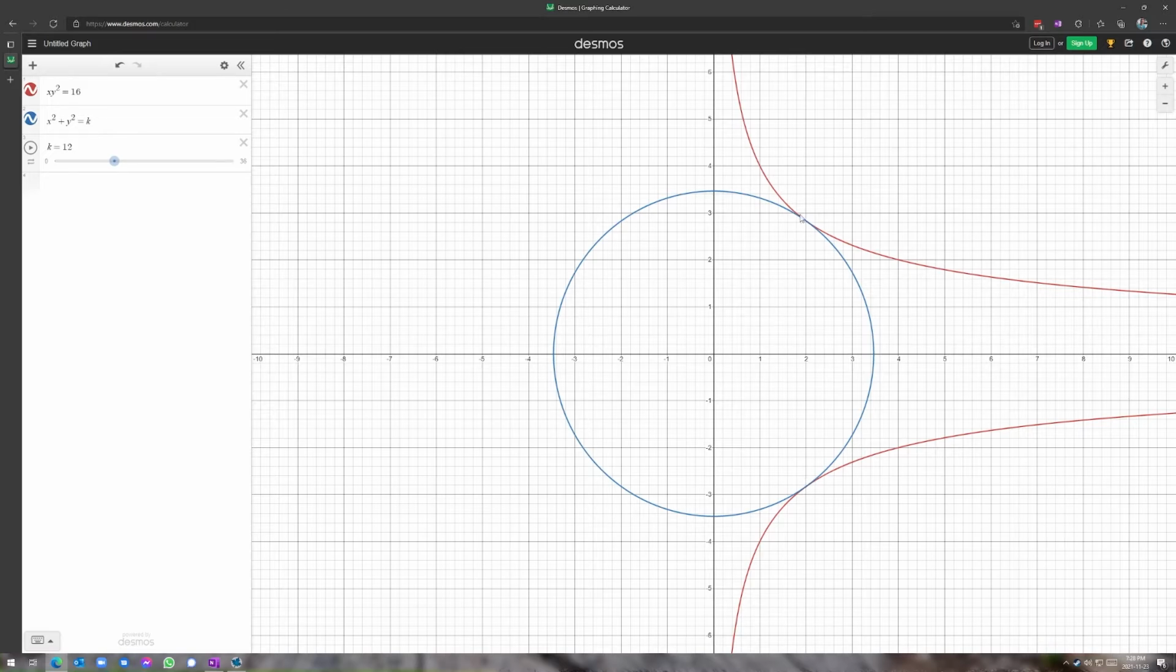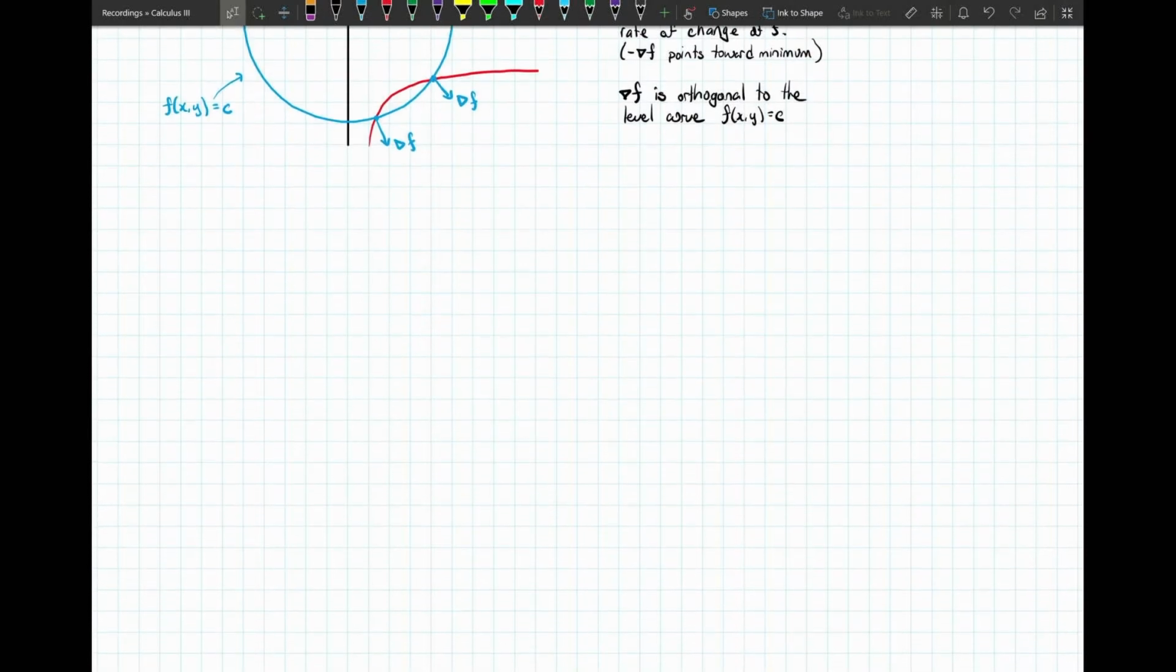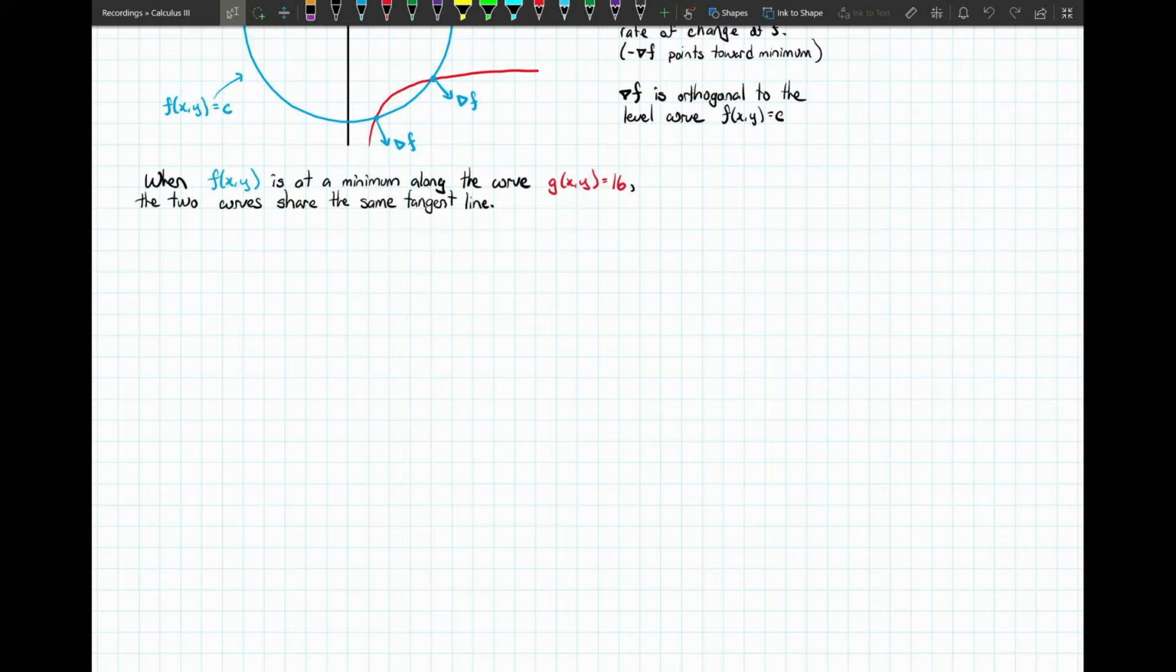What's more important to note here is that the 2 curves are tangent to each other, or that they share the same tangent line. And that's the basis for this method. So let's go and explain that back in the notes here. As we saw in Desmos, when the function f of xy is at a minimum along that curve, in this case xy squared equals 16,